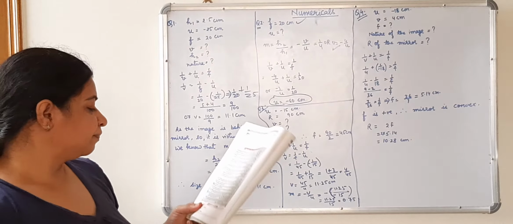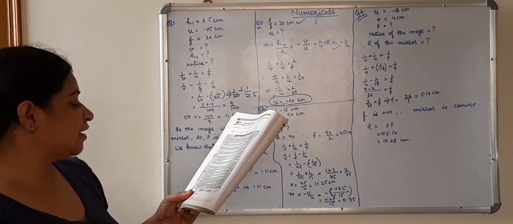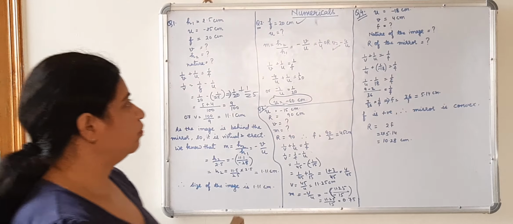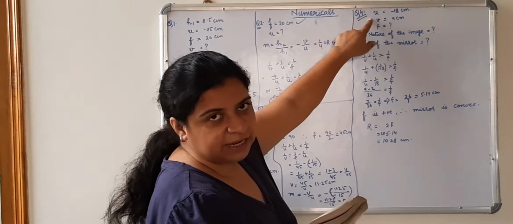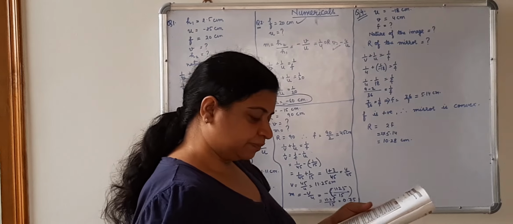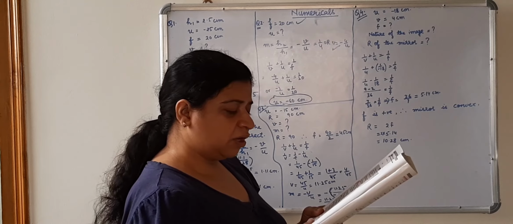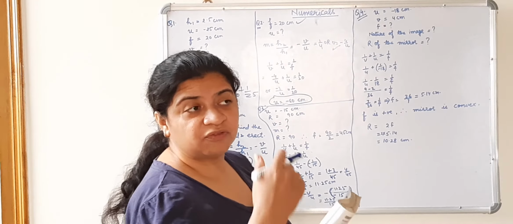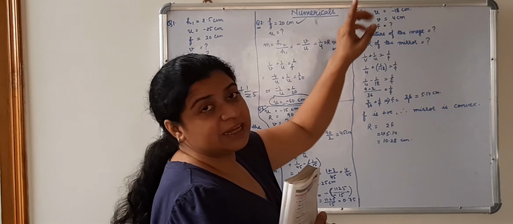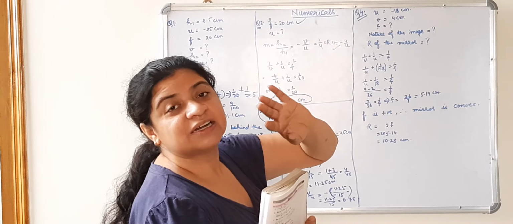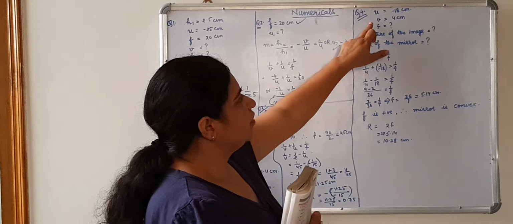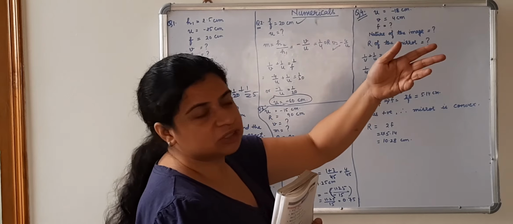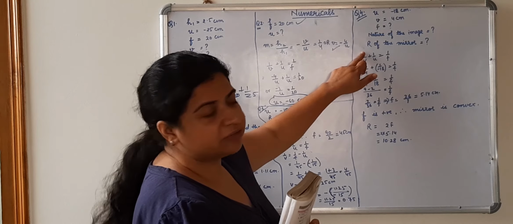One last question, children. An object is placed 18 centimeter in front of a spherical mirror. Now, object always negative, object distance 18 centimeter. If the image is formed 4 centimeter to the right hand side of the mirror, you need to keep this thing in your mind: if v is formed on the right hand side, that is why it is a diverging mirror, that is a convex mirror. v is 4 centimeter, positive only because it is on the right hand side. Focal length, nature of the image and radius of curvature of the mirror we need to find out.